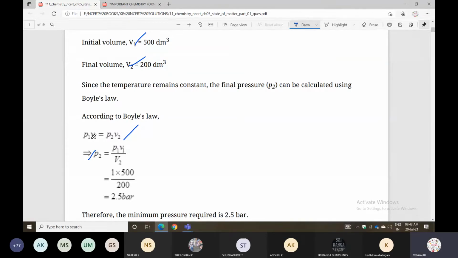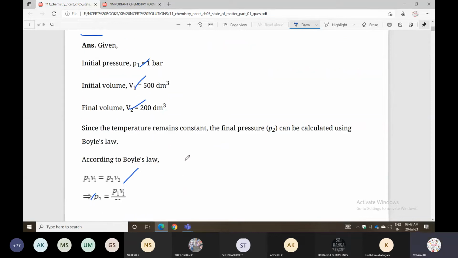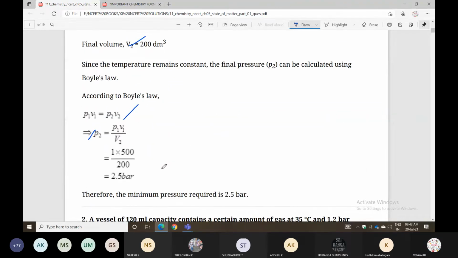Yes, you can substitute. What answer did you receive? Please solve the question and tell me what answer you received. So here 2 zeros cancel. Then 5 by 2 is there. So how many times will it go? 2.5 times. 2 2s are 4, 0.25 is 10. 2.5 bar.